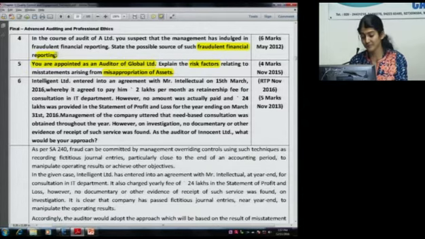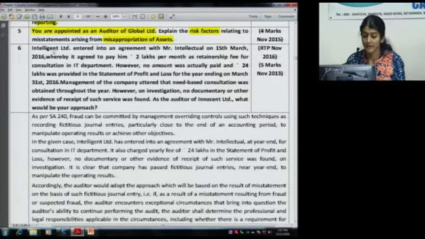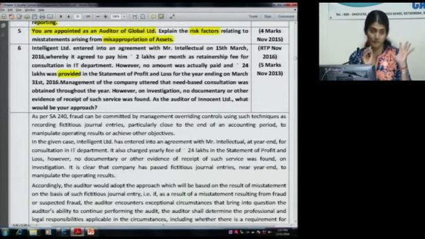Next one, read the question. Asked in November 13 and then they again asked to put it in November 16 RTP because that 1 crore limit has come now, for fraud reporting to CG. Intelligent Limited entered into an agreement with Mr. Intellectual on 15th of March near the year end, whereby it agreed to pay him 2 lakh per month as retainership fee for consultation in IT department. However, no amount was actually paid and 24 lakh is provided. Provided means provision, means journal entry,